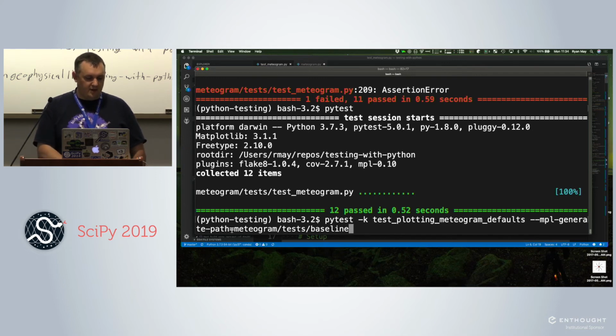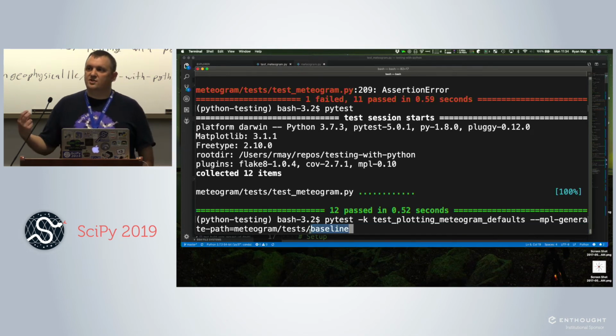I'm telling it to save that file in the directory mediogram tests baseline. If you're running it somewhere else, maybe test/baseline, maybe just baseline, depending where you're running pytest. But this is the default location it'll look when you run the test later. So we're trying to put the image someplace it knows to look so it can do the comparison when we run the test suite at a later time.